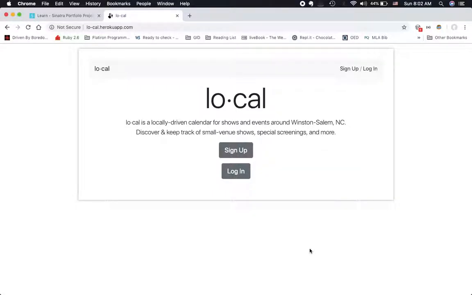For my Sinatra portfolio project, which is the second module project within the Flatiron School curriculum, I decided to build this app that, as you'll see, I've called Local. The front page of the web app tells you what the concept is, but it's a pretty simple web app that just tries to track some local events, specifically events in Winston-Salem,